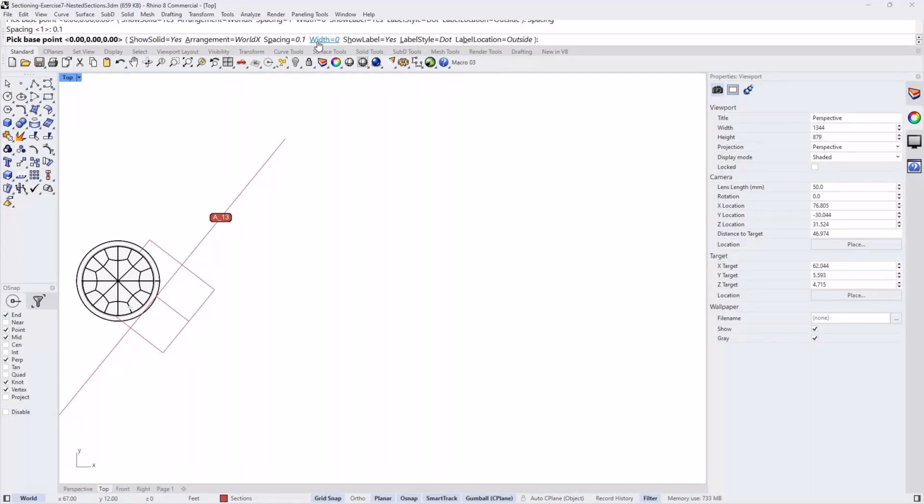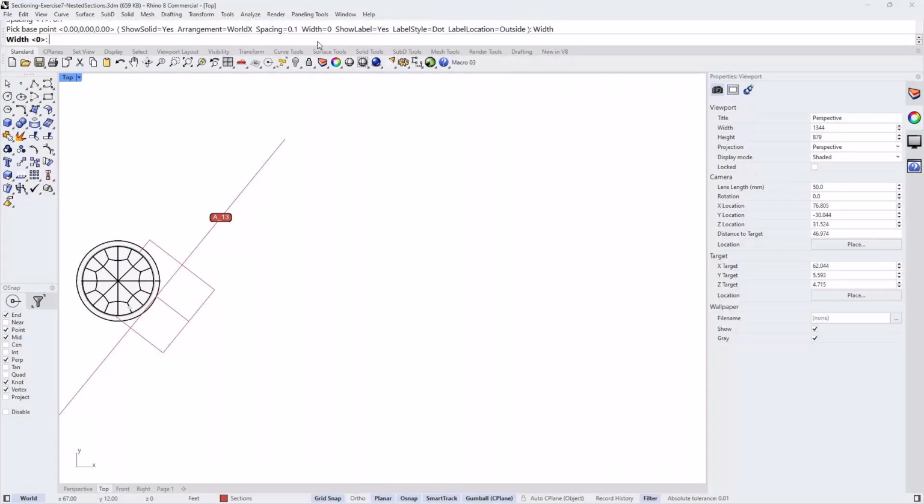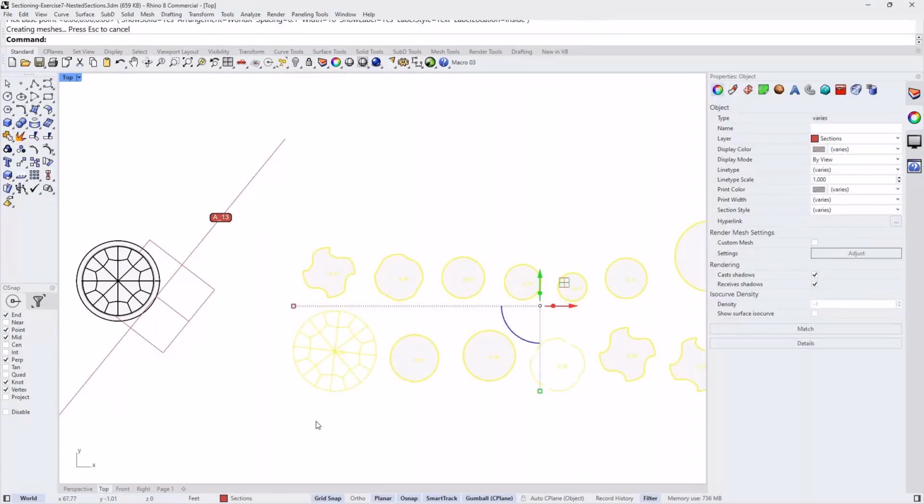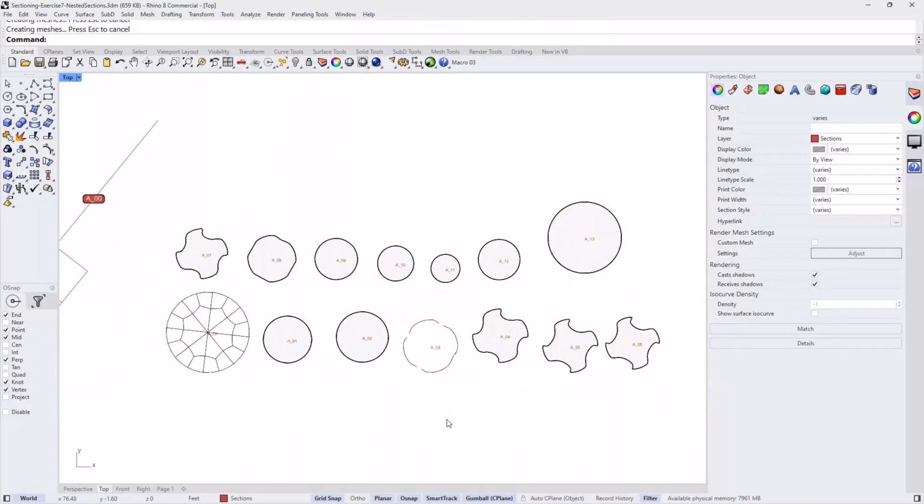It's a basic nesting algorithm. There isn't an efficiency of space, but maybe I just want to lay it all within 12 units or something, or maybe 16 units. And show the label, yes, and show it as text and put it inside each one of those, because maybe we want to etch it in the end. And then, did we do add solid? Yes, we didn't need the solid actually. We just need the outline.